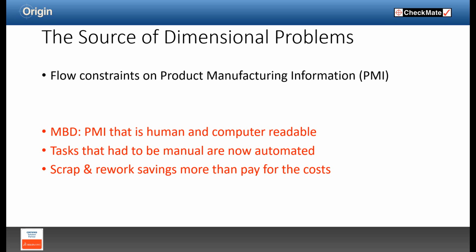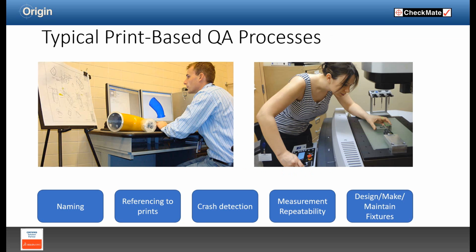MBD really removes the constraints because it's PMI that computers can read and people can read too. So manual processes can be automated and done well. MBD pays for itself and reduces scrap and rework as well. If you visit QA or you work there, you're probably familiar with these manual processes that are needed to consume PMI. It takes a lot of expertise and time, which really brings me to the third part of our demo,